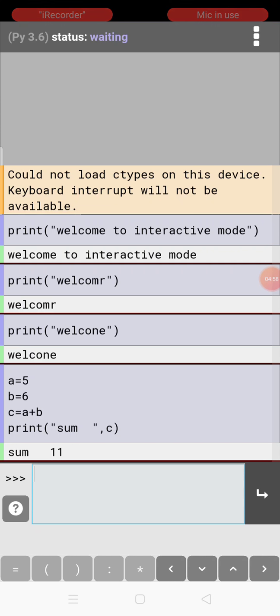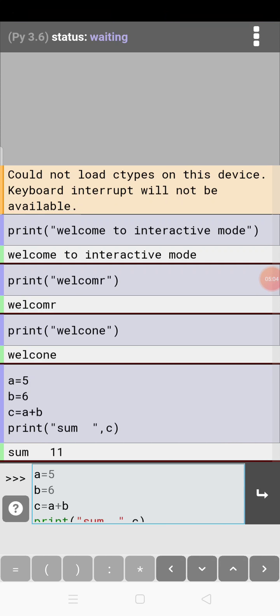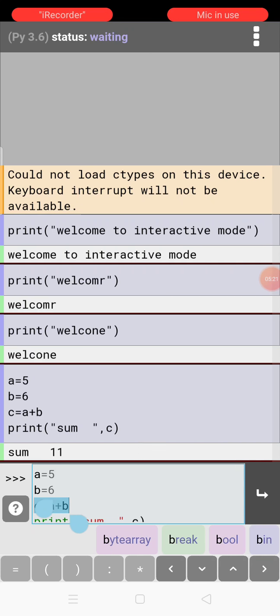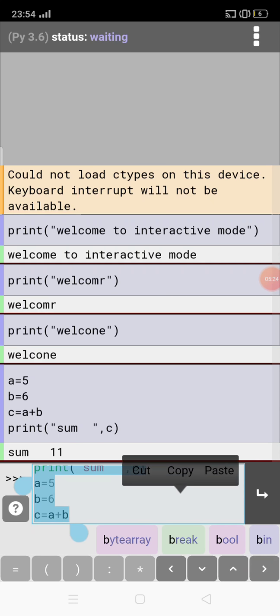You can see the coding part and the output part separately. It is separated with the green shadow, no? That is the output part, and these parts you have entered as coding here. If you want to change anything over here, you can change. When you press on that particular coding, it will display in your interactive mode. Now I am going to change.